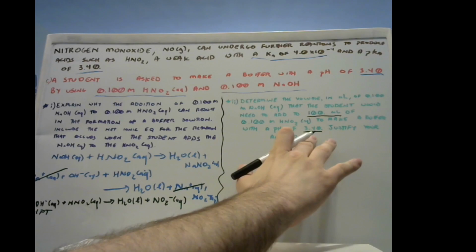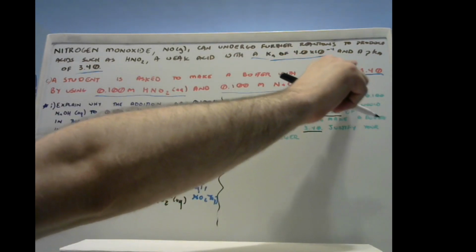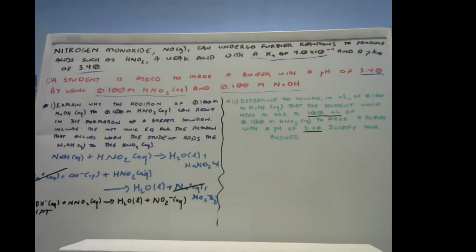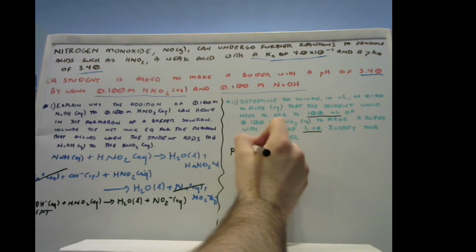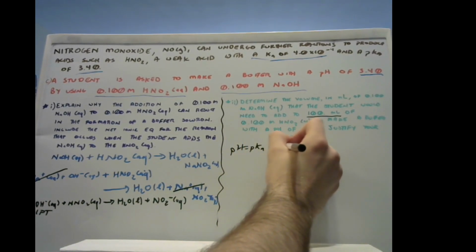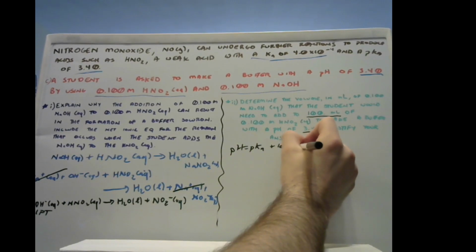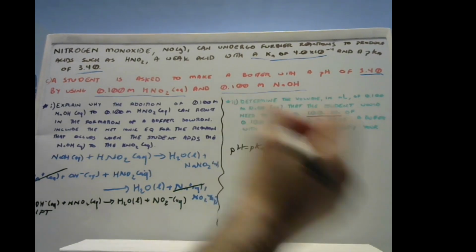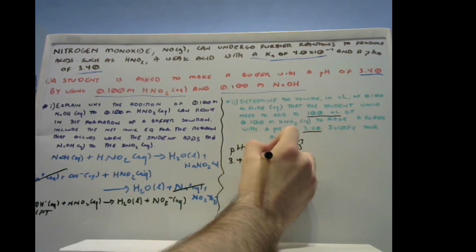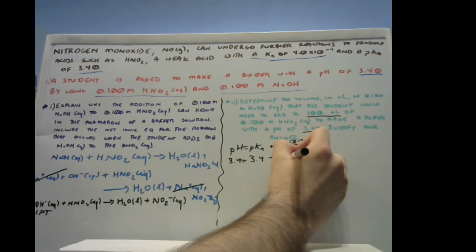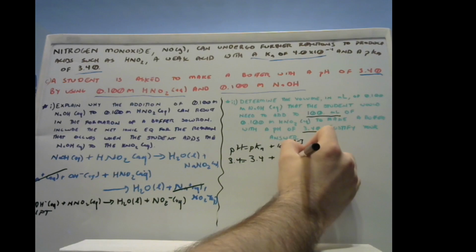It tells you that they want a buffer with a pH of 3.40, but the pKa up here is also 3.40. And what this tells us is that the concentration of nitrite has to equal the concentration of nitrous acid, or you need the same number of moles. And if you don't believe me, we can go back to this equation, which is pH equals pKa plus log A minus over HA. Okay, the Henderson-Hasselbalch equation. And we want 3.4 for our pH, but our pKa is 3.4 plus log A minus over HA,